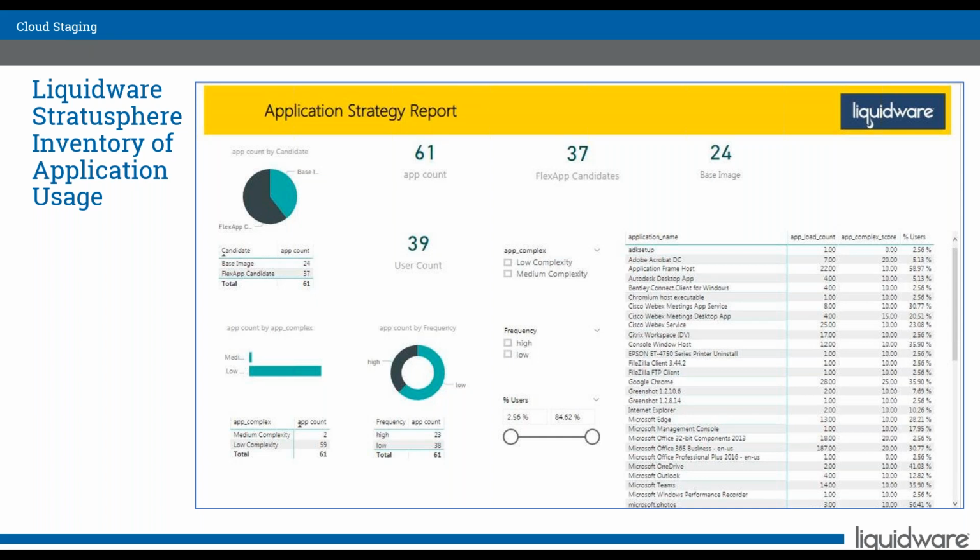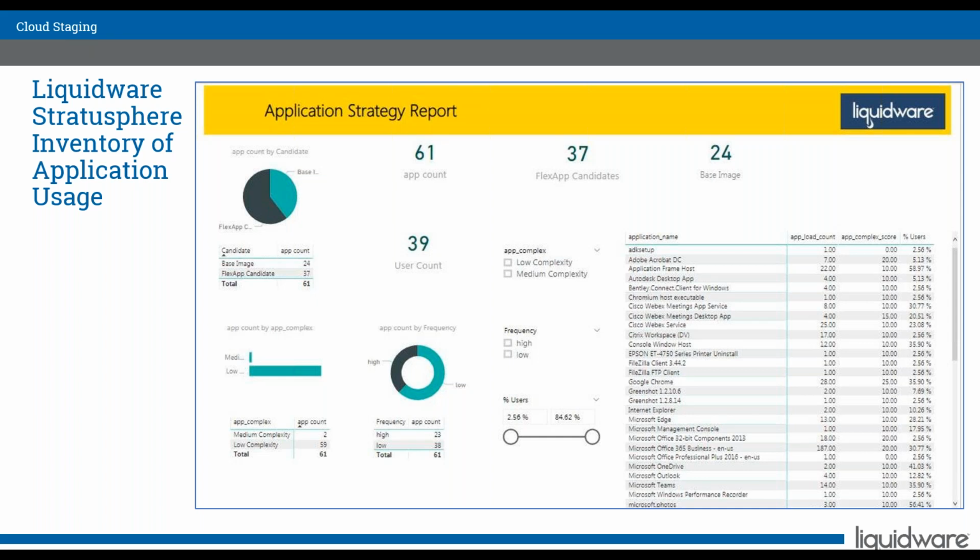So we can look at those as well. Are they good candidates to even think about re-architecting the way you're delivering those? Can you deliver them from cloud storage or from on-prem storage that can be temporarily put in cloud, then brought back to on-prem storage? What applications might be best off in the base image too? So we took a look at these 39 users, and these are the applications that were in use in this